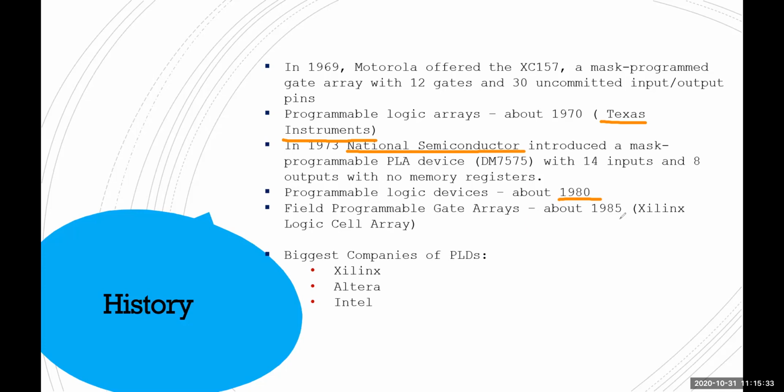Field Programmable Gate Array was created in 1985 by Xilinx, one of the leading companies in FPGA production. They are even better than Intel. You already know about Intel, right? But you do not know about Xilinx. Xilinx are much better than Intel, but they do not make consumer CPUs. They actually make more sophisticated devices like FPGA, PLD, those sort of things.